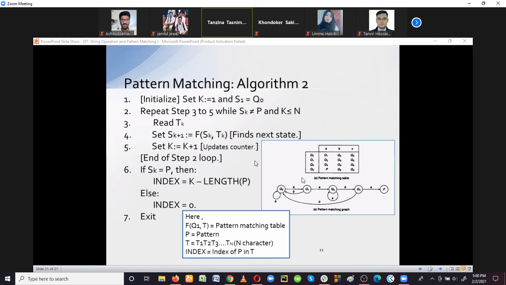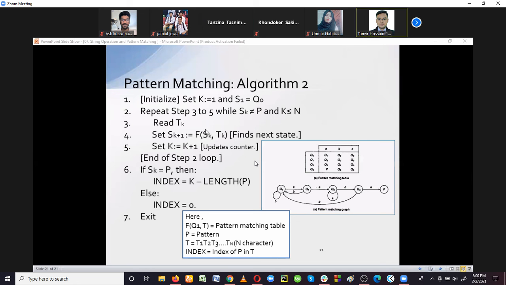Now the algorithm is in which state? In Q0. What is the value of Q0? Lambda, right? And after reading a character from text, that is A, now the state has one character, which is the value of Q1. That means by comparing the character of one state with the character of text, we are just trying to figure out which state should be our next state, isn't it?